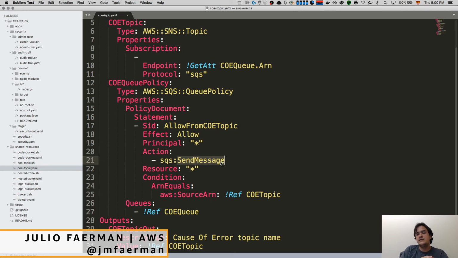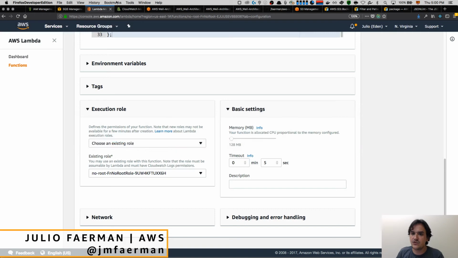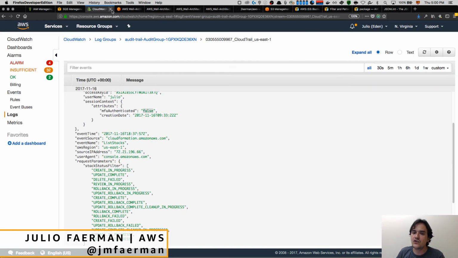So using roles, you can authorize services to access one another on your behalf without explicitly sending credentials. I would like to show you a bit more how this works, so let's play with the console and